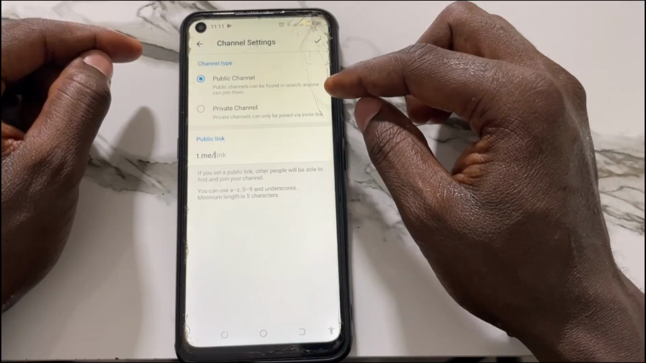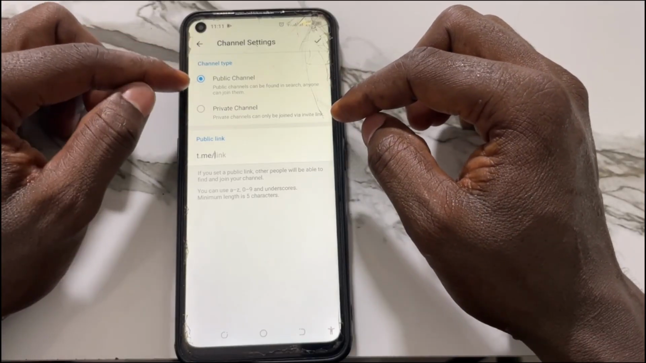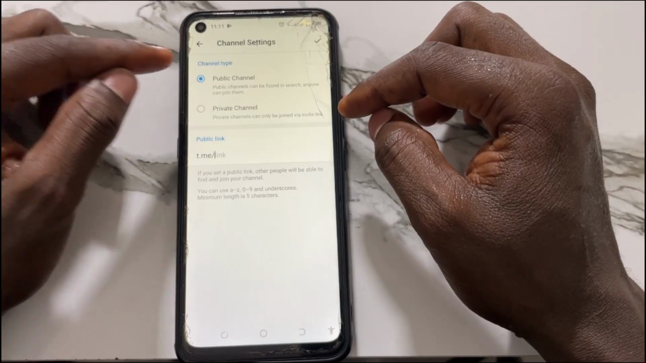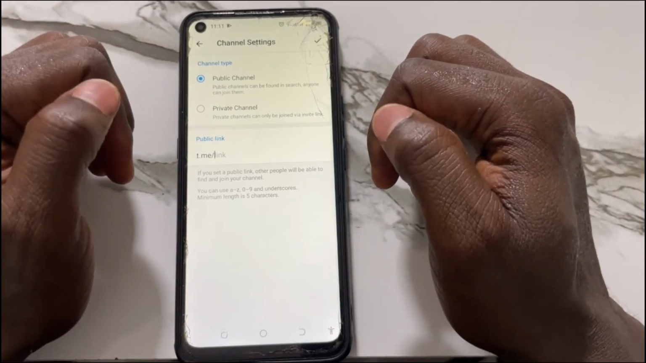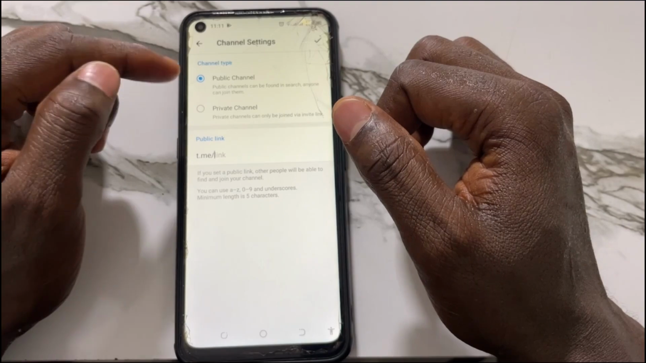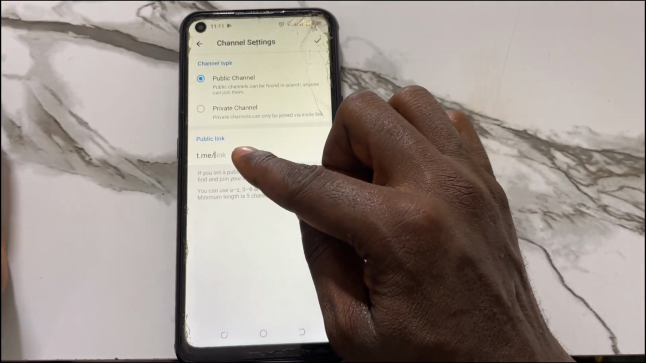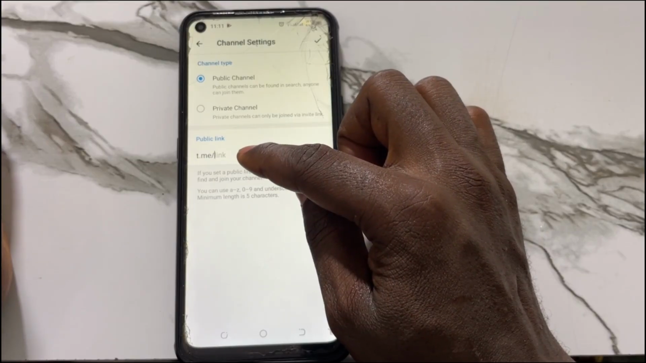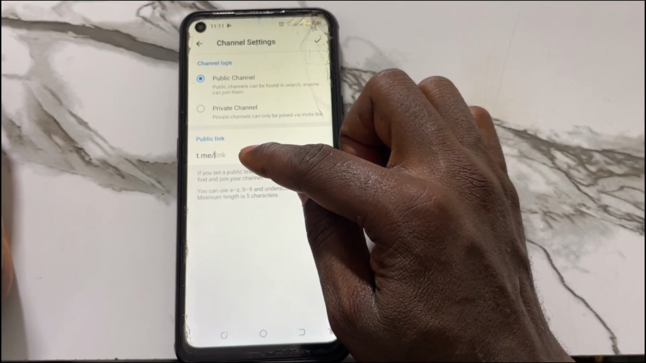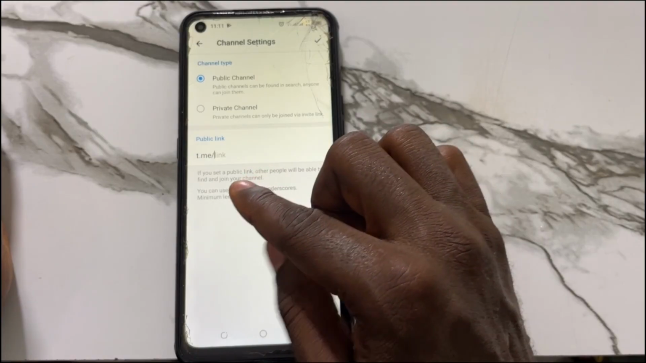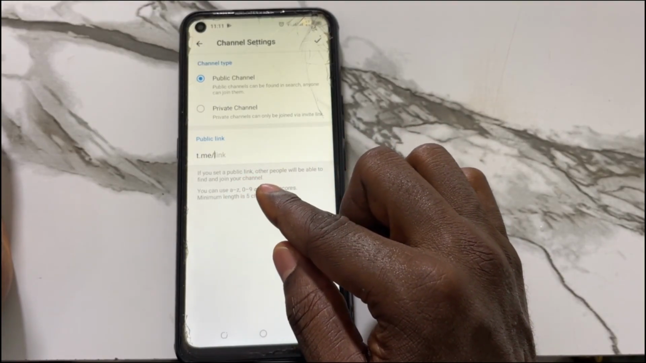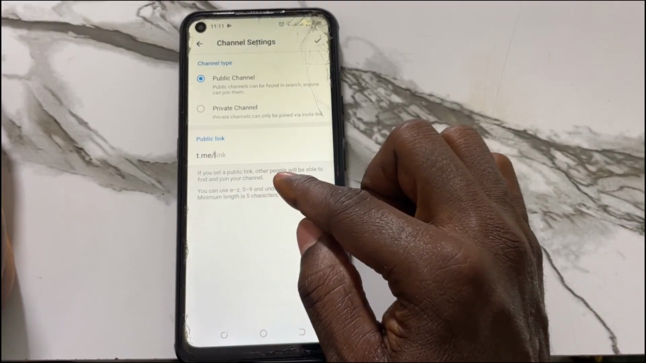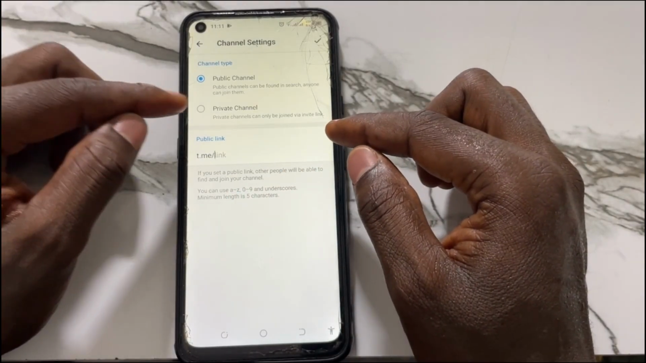Now on this page, you can see here Channel Type. We have the public and private channel type. I'll prefer to leave it on public so that people can search and see you. Once it is on public, you can come right here on this public link and add something to create a link so that people can always see you. Also, if you set a public link, other people will be able to find and join your channel. For instance, if I tap on this private link,